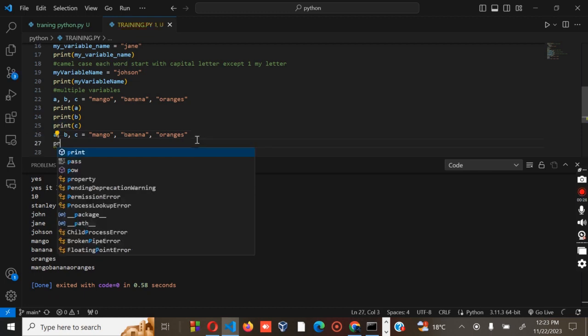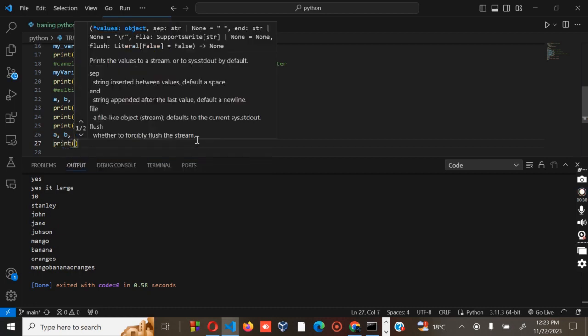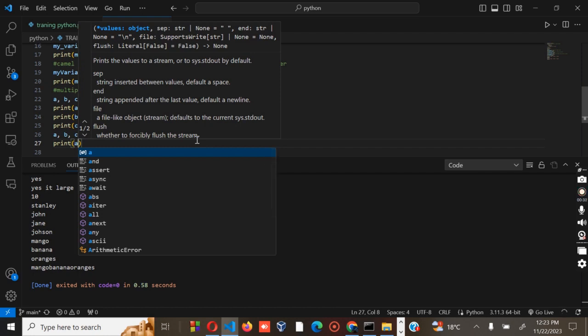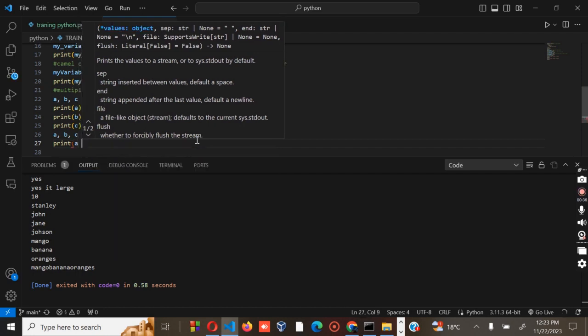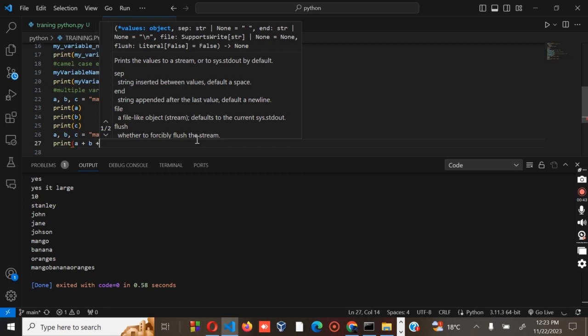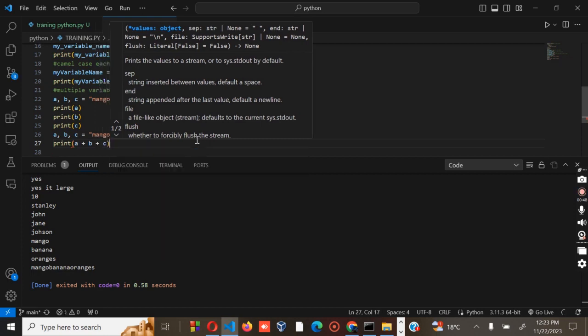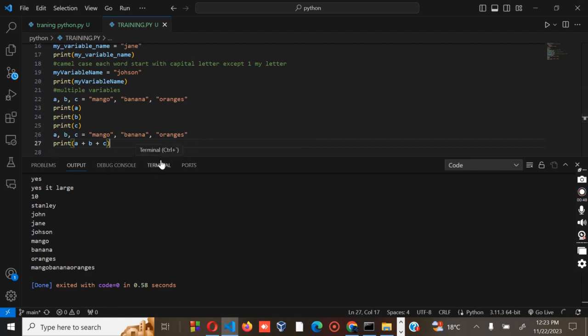So I will use print, then brackets, then we have A plus B plus C and close the brackets. Okay, let me try to run and see what I'll get.